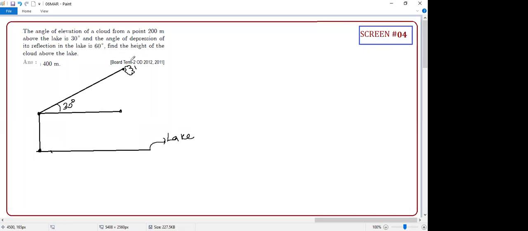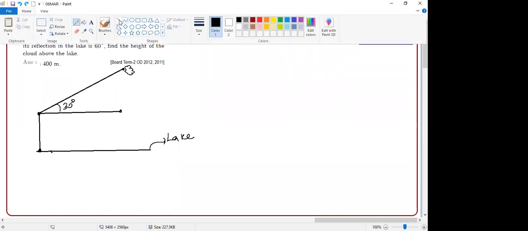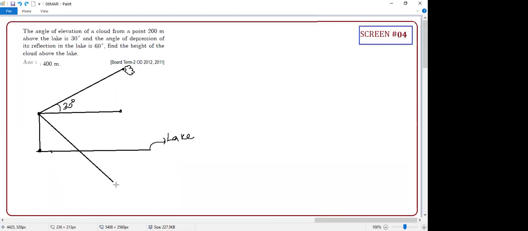Guys, what will happen? This cloud, you see here, this is the angle of elevation. Now, Harishankar, you are looking at the same cloud, which is reflecting; you can see it inside the water also, right? That's what they are saying. The angle of depression to its reflection in the lake is 60 degrees. Correct or not? So from here, you are looking to here. Guys, it seems a very complex diagram, but are you able to feel it, student? I will explain one by one, pinch by pinch. Correct or not?